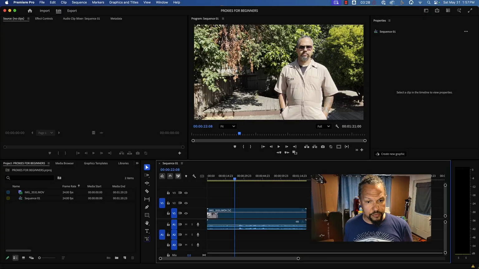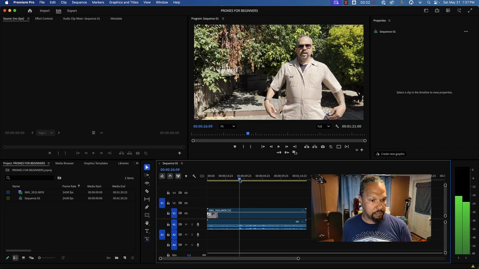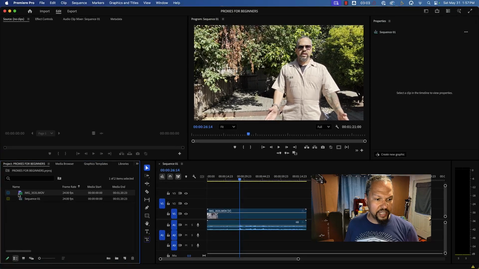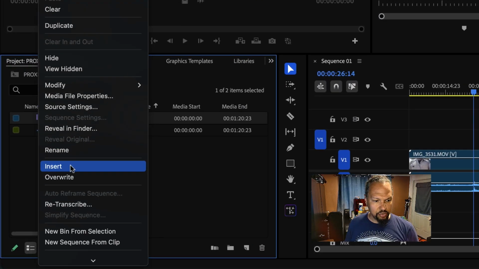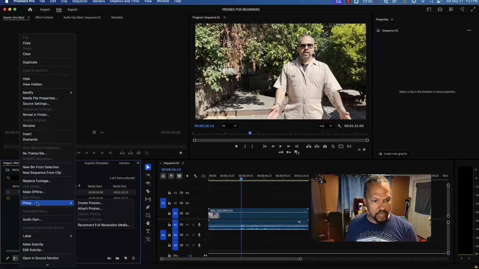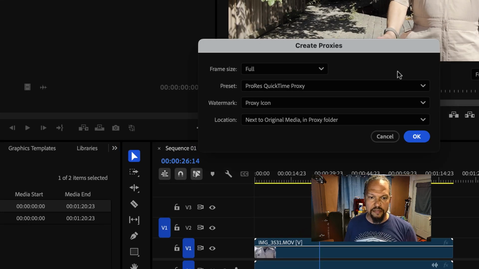So I've got a piece of footage in my Premiere Pro project, and I am having some choppy playback when I try to play this back natively. All I need to do is right-click on the file in my project panel and then scroll down until I see the proxy submenu. I'm going to choose Create Proxies, and in here I have a choice of different settings